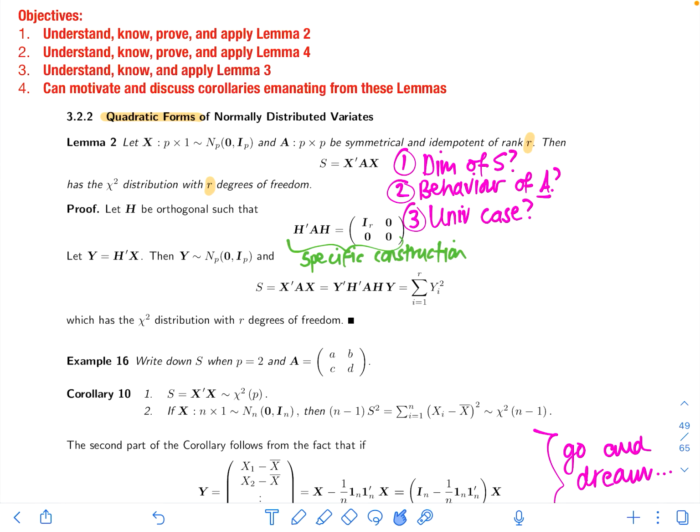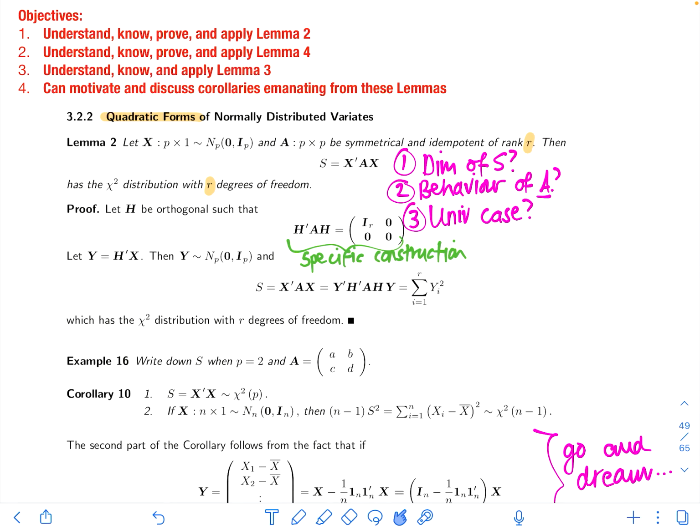In this lecture, we are looking at quadratic forms of normally distributed variates. In the previous lecture, we looked at the sampling distributions of mu and sigma. It's important to look at the sampling distributions of these estimators because these two parameters uniquely characterize the multivariate normal distribution. If we know mu and we know sigma, we know everything there is to know about our multivariate normality. So the quadratic forms follow organically from this